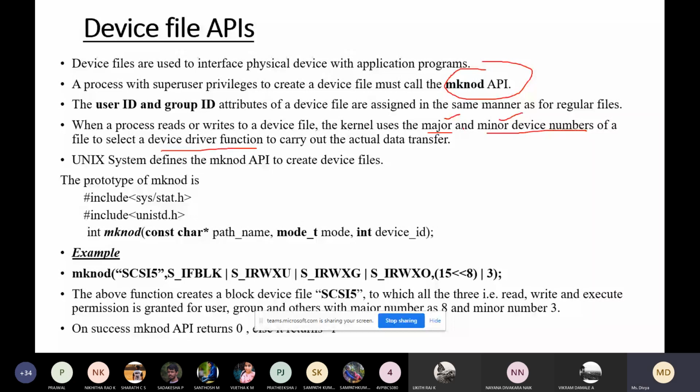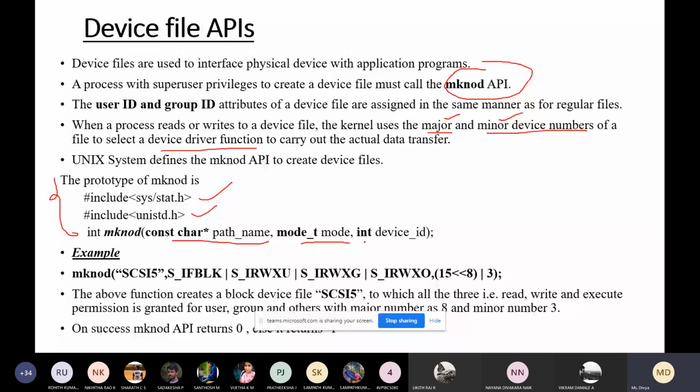The Unix system defines the mknod API to create the device files, and this is the prototype. These two are the header files we need. And this is the syntax. First we write the path name where you want to create the device file, and the mode. The mode argument specifies access permission.